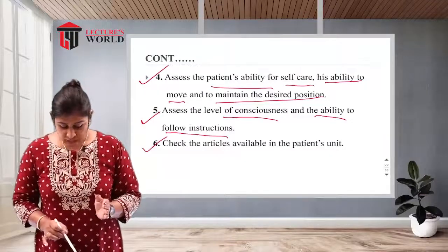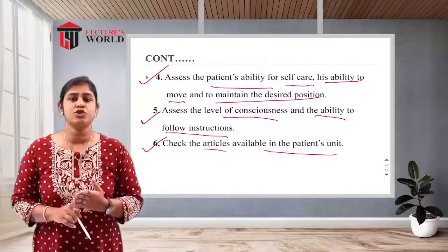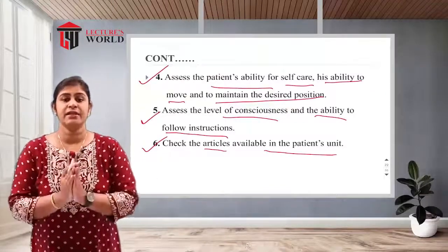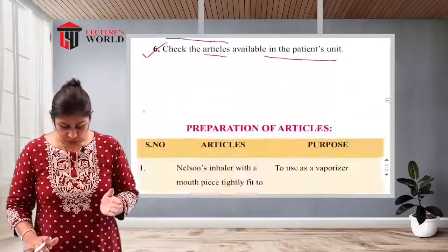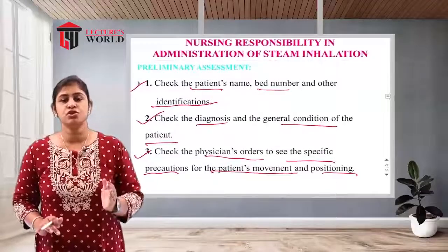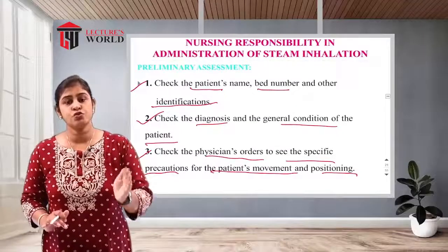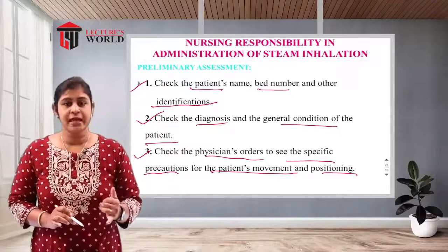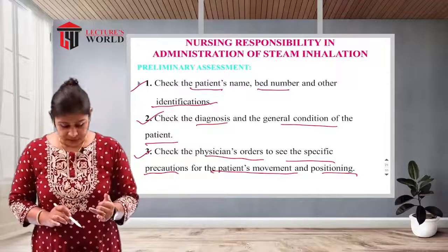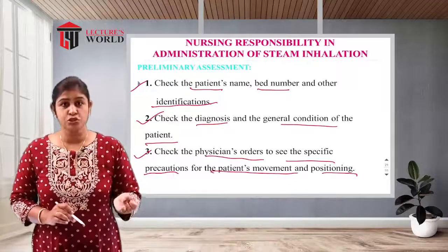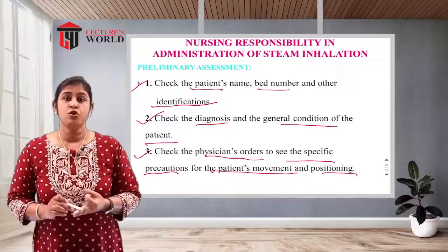Next is to check the articles available in the patient's unit. These are all the preliminary assessments that a nurse should know and do herself. First is to check the patient's name, bed number and identification. Next is to check the diagnosis and general condition of the patient. Next you have to check the